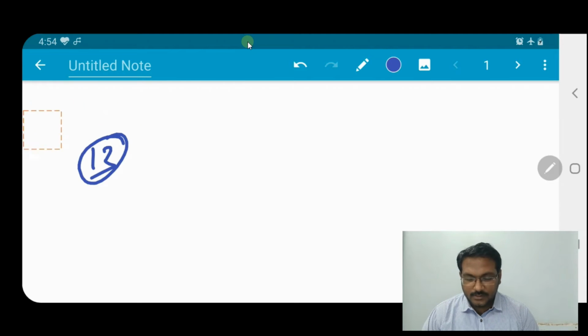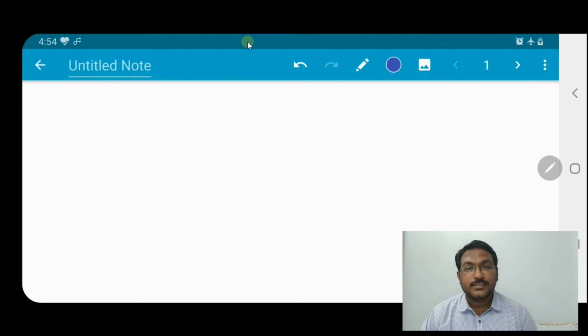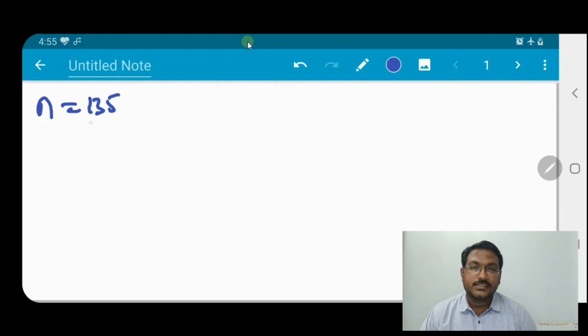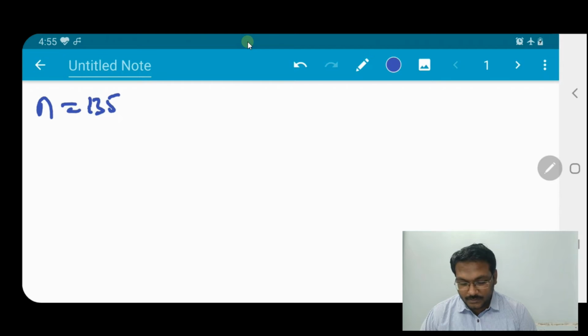So what is the thing? We have to calculate the number of digits in a number. Suppose n is our number, which is 135, and we have to calculate how many digits this number has. For this, let us take i equal to 0.